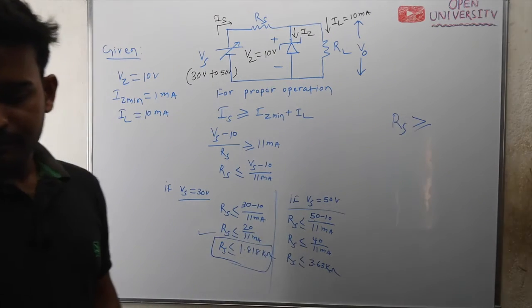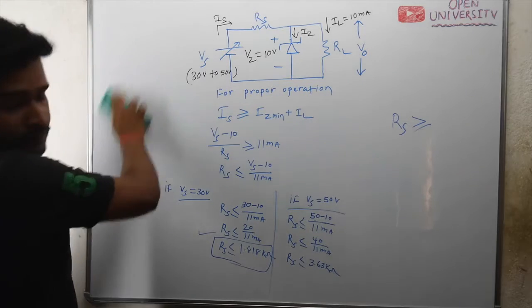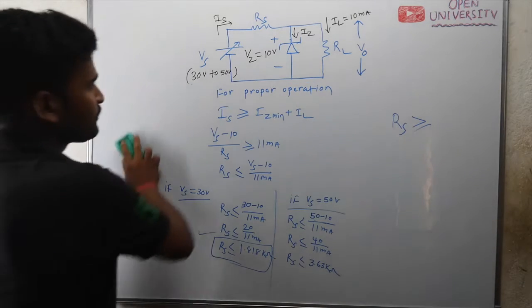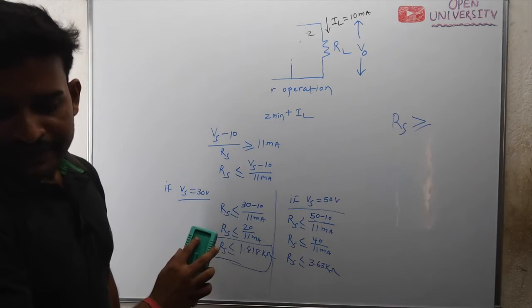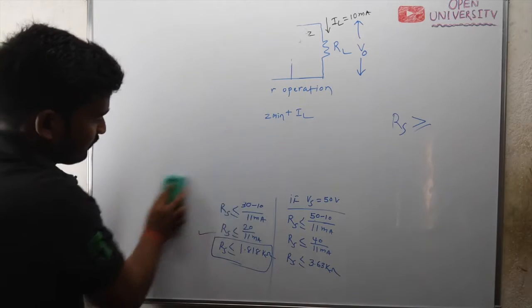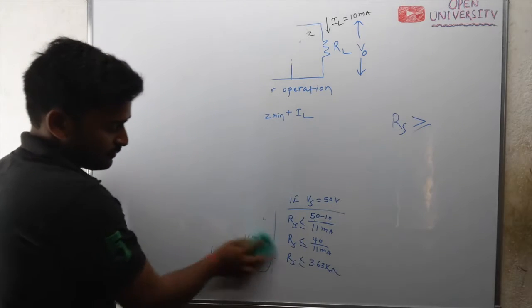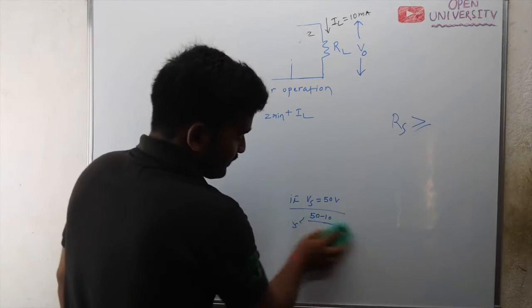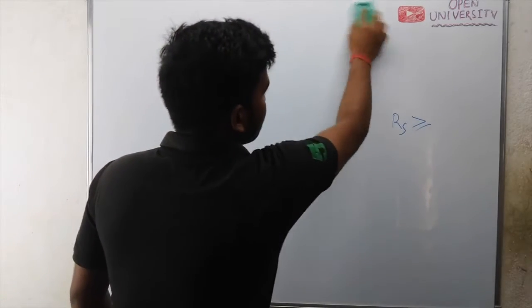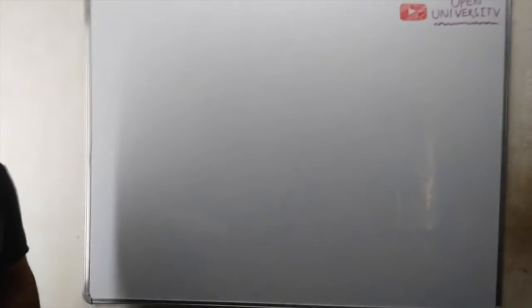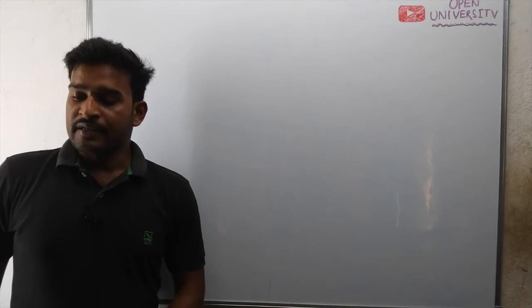Right, on to the next question. In the circuit shown, Zener diode has breakdown voltage 8 volt, knee current 2 milliampere, and maximum allowed dissipation is 480 milliwatt. If load current is 25 milliampere,